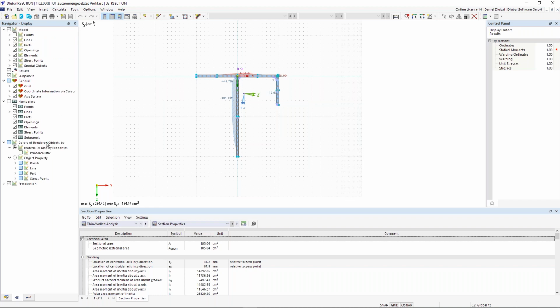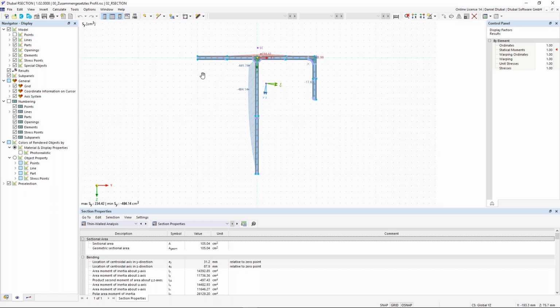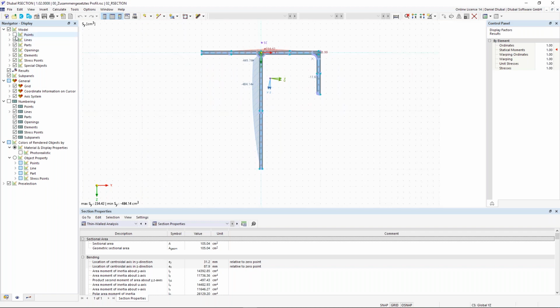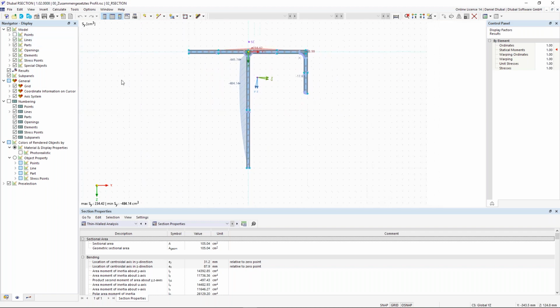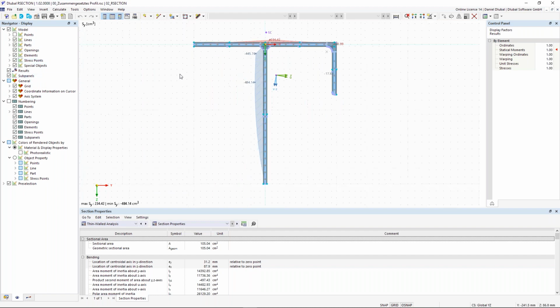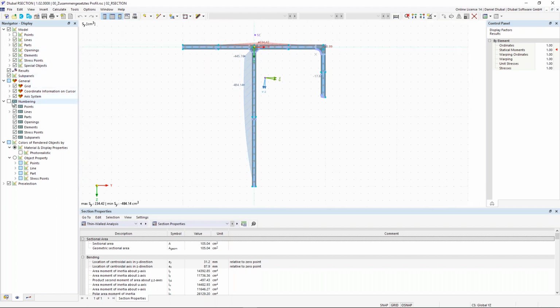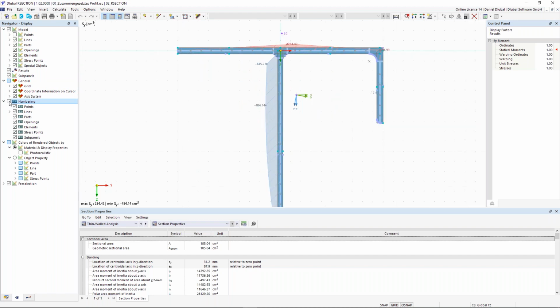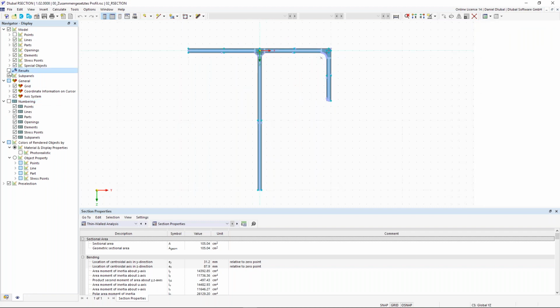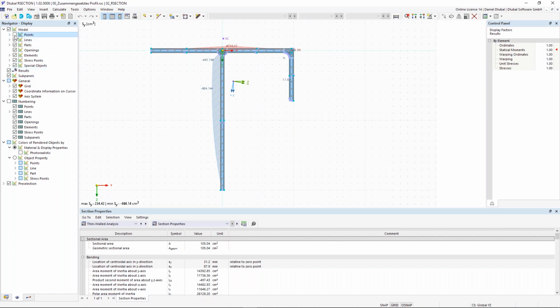Okay, the next navigator is the display navigator. Similar to RFEM 6, I can hide or activate different display properties. For example, I would like to activate the numbering. So I see here the numbering of points, lines, and so on. I can hide the results, I can activate them, also the points, and so on. And the last